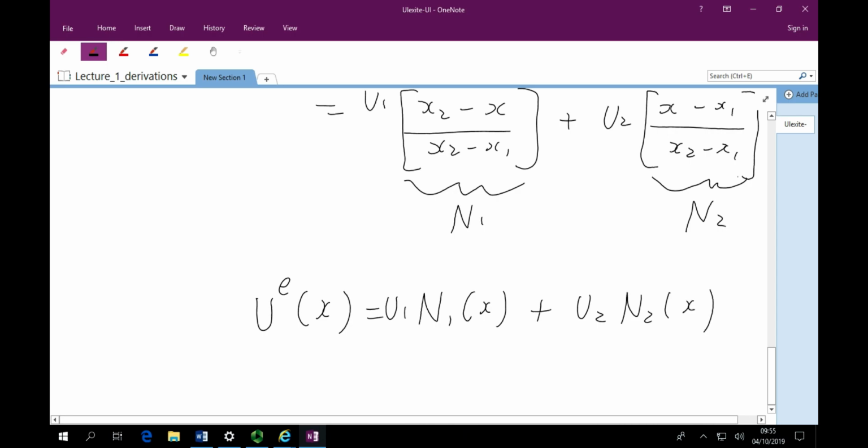So although it may not appear like we've done too much, one key thing to note here is that now in our line as a function of x, all of the x dependency has been collected in these interpolation functions, and then we just have the values at the nodes. So we now have an expression where all of the x dependency is in n1 and n2, our interpolation functions. And this is really key to the finite element method, as I'll explain in the next